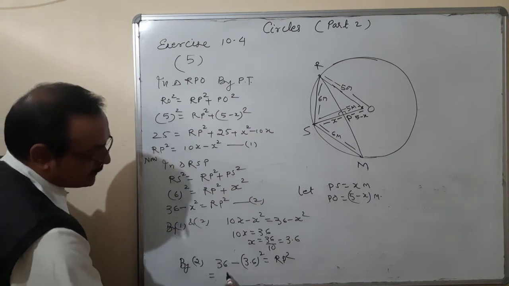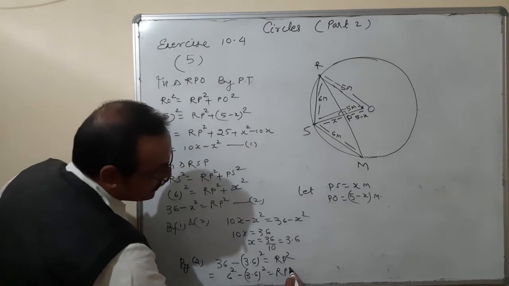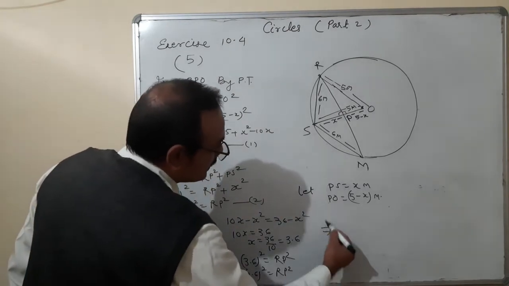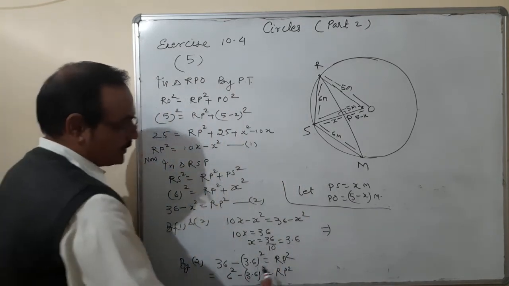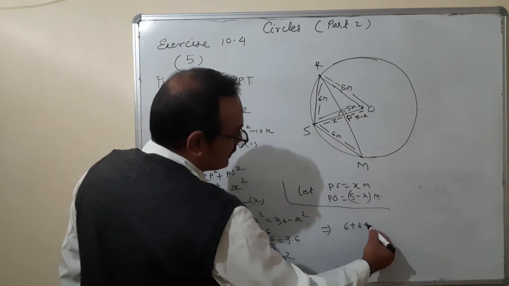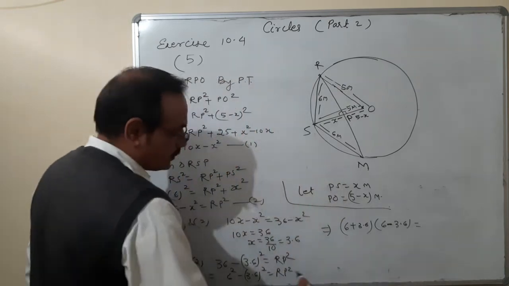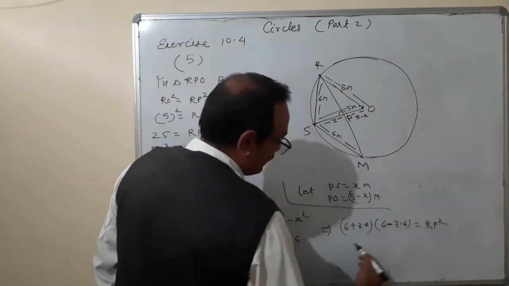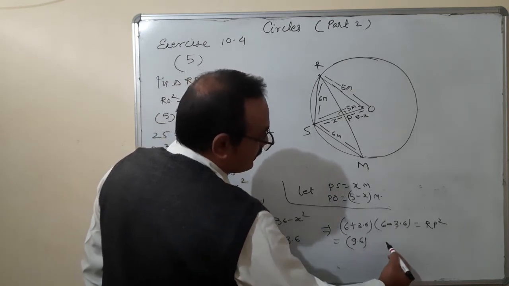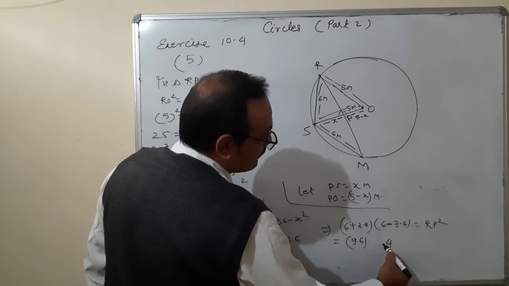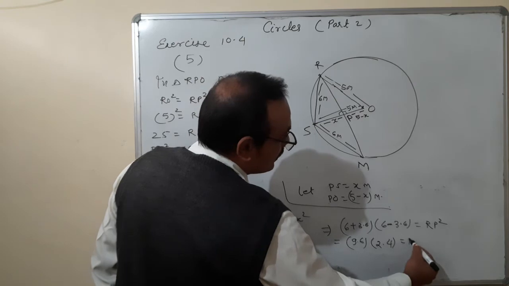36 is 6 square, minus 3.6 whole square is equal to RP square. I can use here the identity a square minus b square, a plus b, a minus b. 6 plus 3.6 and 6 minus 3.6 is equal to RP square. Okay, so it is 9.6 and this is 2.4, equal to RP